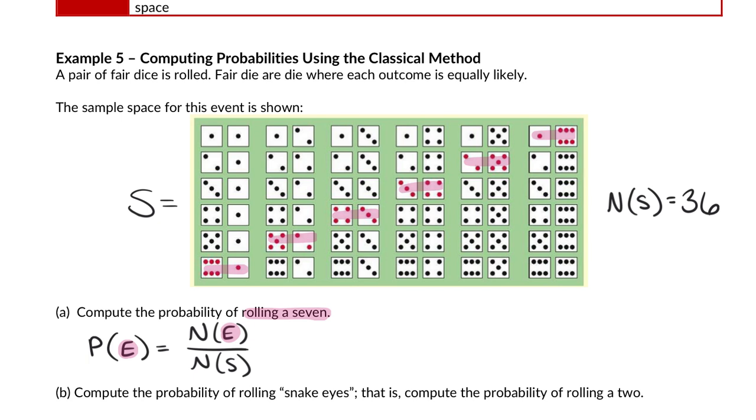How many options do I have, combinations, that would roll a 7? There are 6 times that we see a 7 in our sample space, out of how many numbers in our entire sample space? 36. So our probability would reduce down to 1/6. So you have a 1 in 6 chance of rolling a 7 when you roll 2 dice. It's the highest probability that you would get because the rest of the combinations are different.